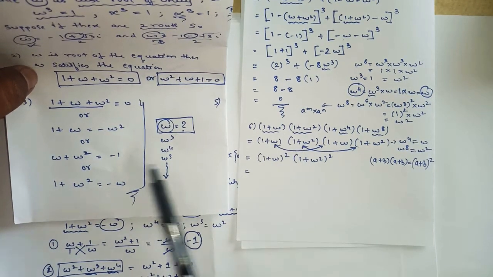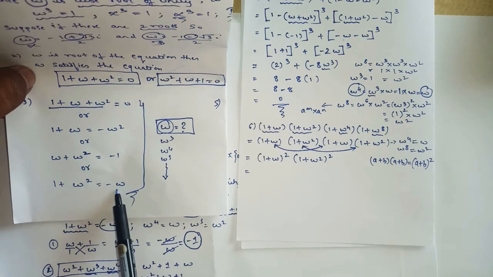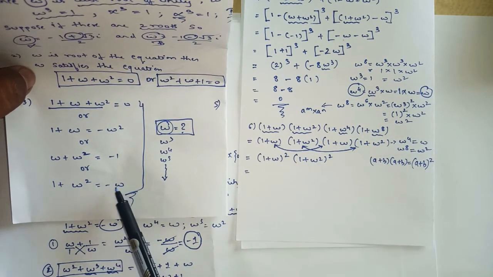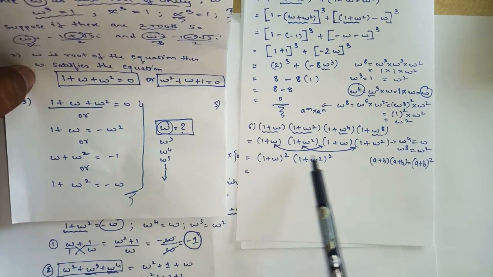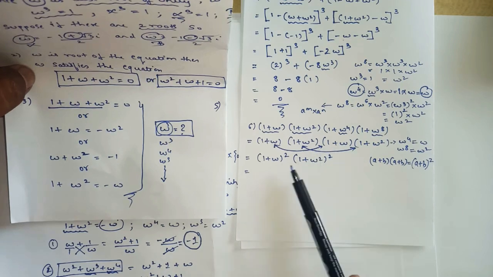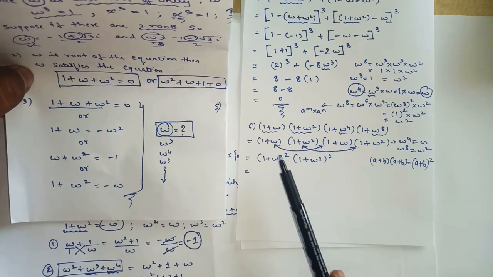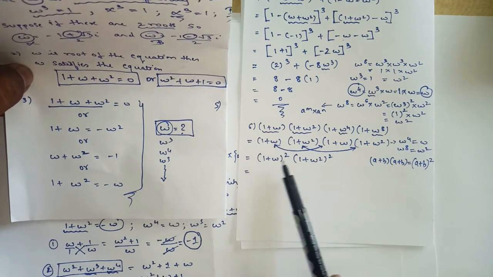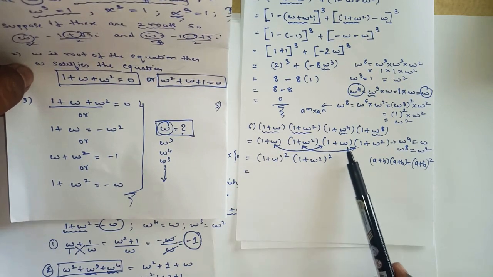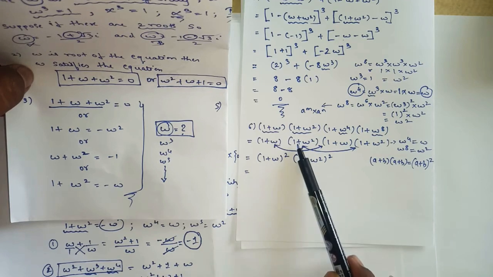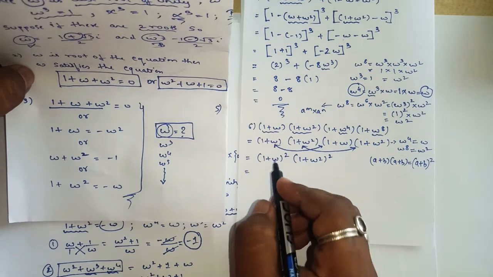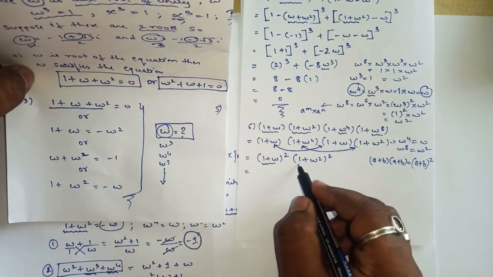1 plus w square, we have minus w. 1 plus w minus w square, and 1 plus w square, here we have minus w. So in the third step itself you can substitute the value directly. But what I did here, instead of substituting a value directly, I did one more step extra. So in place of 1 plus w, I wrote 1 plus w the whole square, and in place of 1 plus w square, I wrote 1 plus w the whole square. Now I will substitute the value just to make the sum easy.